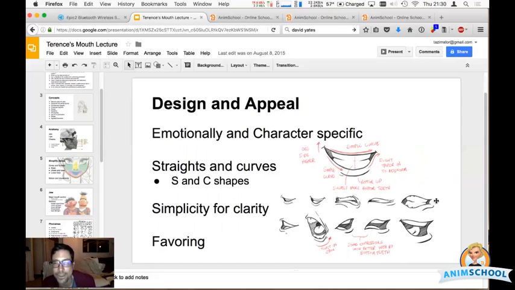else in there. So if you look at the lower lip, this is a C, this is a C, this one's an S, this one's an inverted S, also the same thing, also the same thing, two C's, two C's, two kind of obscure C or a little bit of an S there. It's this kind of simplistic shape language, and it's so useful to think of it in this kind of very